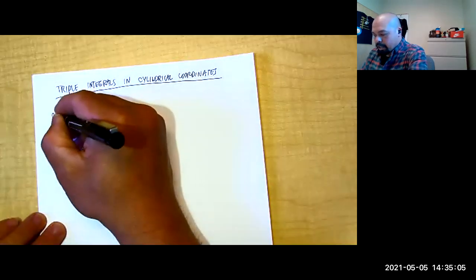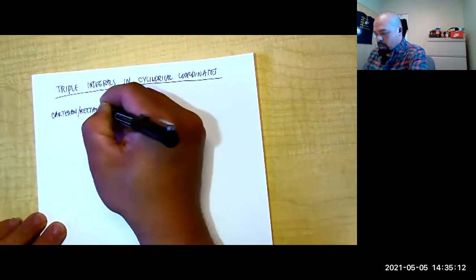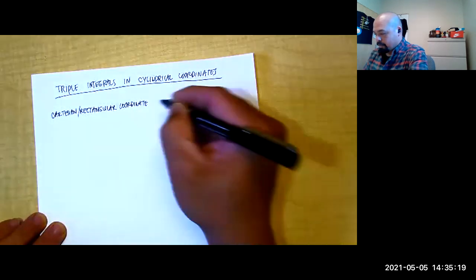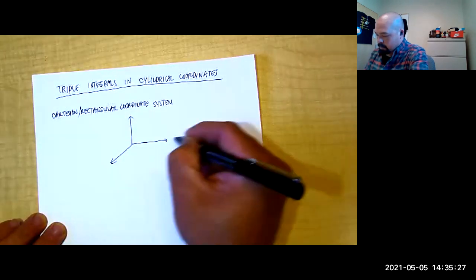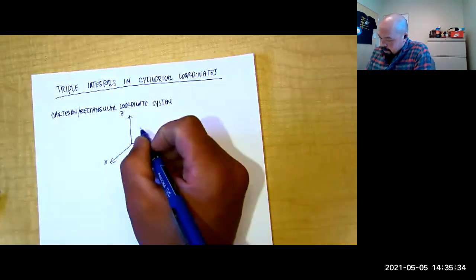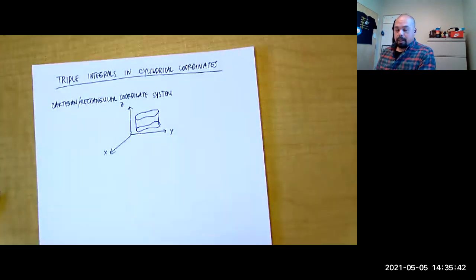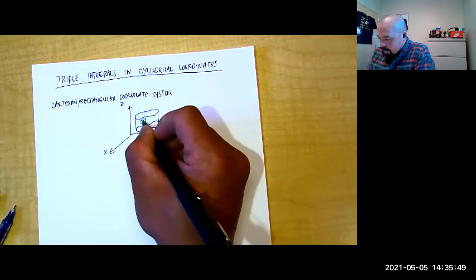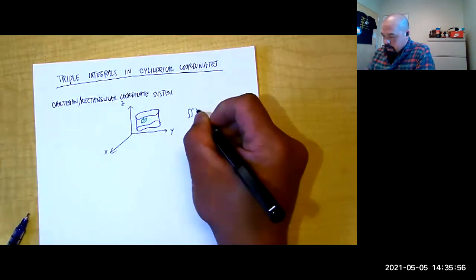So before, with our Cartesian or those rectangular coordinates, when we dealt with our integral, we were describing if we had some space between two surfaces, wanting to integrate within that space, we would want to find this triple integral throughout that region